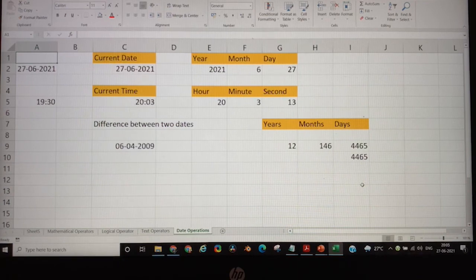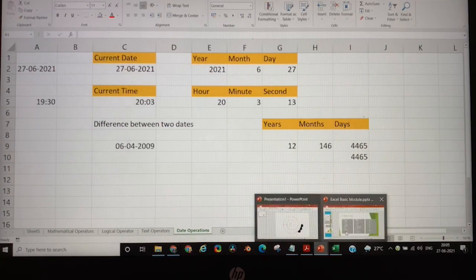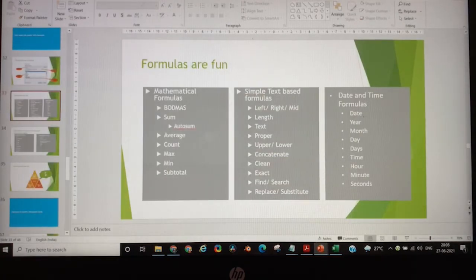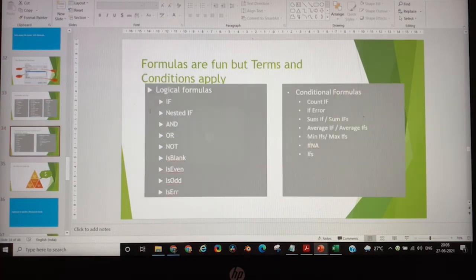You next week in the second part of this formula session, where we are going to cover this. So I'll just show what we will be covering in the second session. We have covered today the most basic parts. We will cover more complex text-based formulas like CONCATENATE, CLEAN, EXACT, FIND, SEARCH, and REPLACE, and we'll move into the logical. I have covered this much: AND, OR, NOT, but we'll cover the other logical formulas and the conditional formulas. So we will do this in the next session, or in the next two sessions. Obviously it will take more than one session, and we will cover all this.